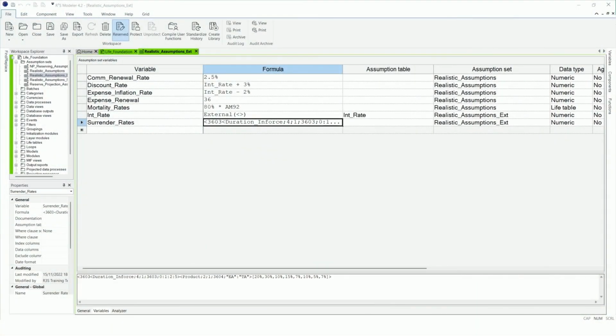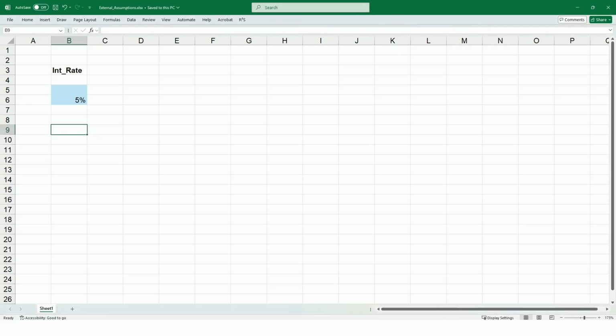Appendix 7, External Assumptions Part 3. Now let's set up the array variable surrender rates so it reads from an external data source. Go back to the file External Assumptions. In cell B9, define the table name surrender rates. In cells B11 to D15, enter the array data, which is currently defined internally.